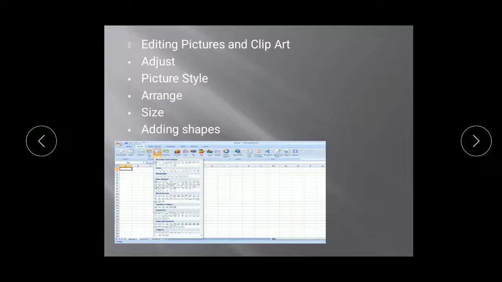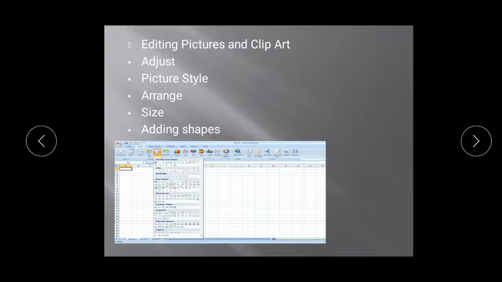You can create a mirror image also of that particular graphic or picture. Next is size. You can arrange it, you can crop it, you can size the graphic. If you click on that picture, you will get a format tab automatically included in your ribbon once you click on that image only, otherwise it is not possible. So when that format tab is there, if you go on that format tab, you will get crop, you will get the size scale of that image also.